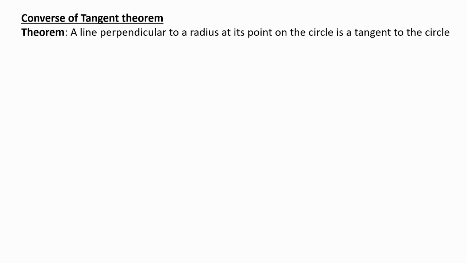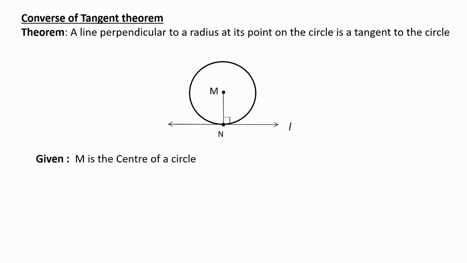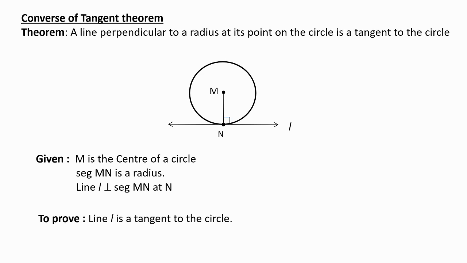Converse of tangent theorem. A line perpendicular to a radius at its point on the circle is a tangent to the circle. Given: M is the center of a circle, MN is a radius, line L is perpendicular to segment MN at N. To prove: line L is a tangent to the circle. Proof: